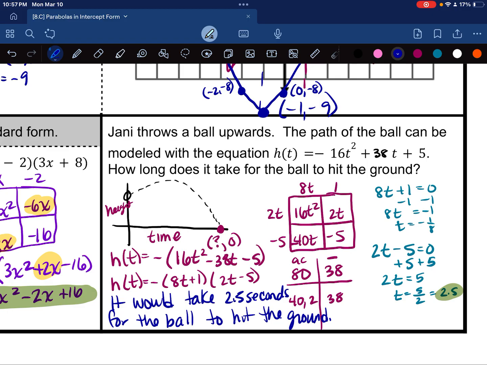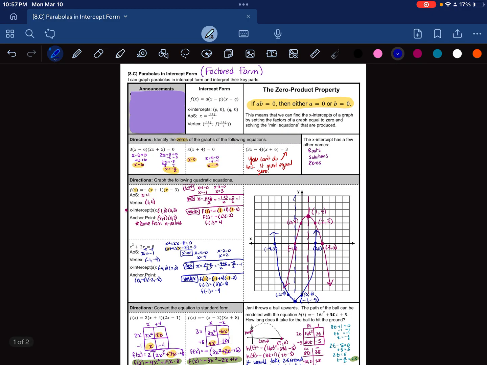Alrighty, y'all. So there it is. Intercept or factor